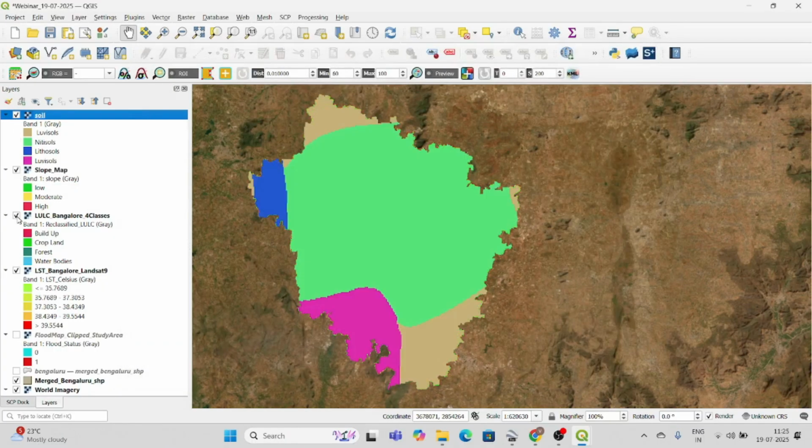Now I'm going to explain what the layers are, what each layer represents. Okay, first one, I will go with the soil layer. So the soil layer is for suitability. First of all, what are the soils present in Bangalore, because I don't know, right? In Bangalore there may be different soil. In Mysore there will be a different type of soil, maybe. Okay. So depending on the place, the soil varies.